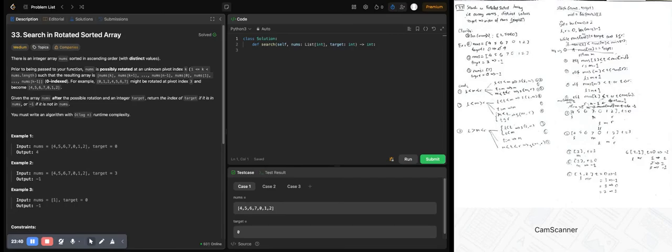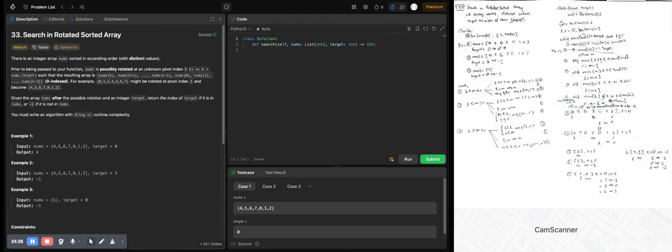And if nums of left is less than target less than nums of mid, then we set the right. The right we set to mid minus 1